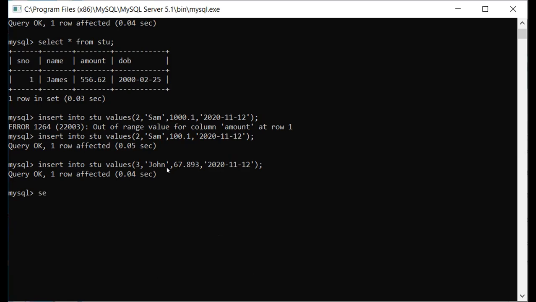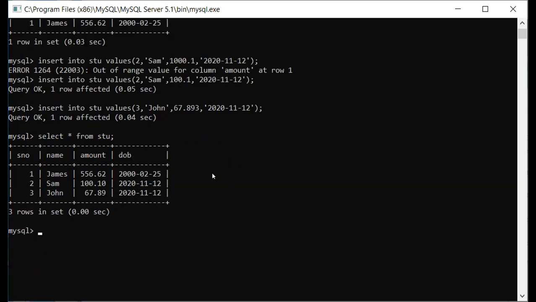Why is it working perfectly? Now this is what we are going to check. Select asterisk from STU. You can see over here, when I have given any integer value, this integer part, when it was beyond the limit, it was giving you error. But if after the decimal point I'm giving more values than 2, in that particular case, it is going to ignore the last value and show it something like this. It means total 5 digits and out of which only 2 digits after decimal point. I hope this is also clear.